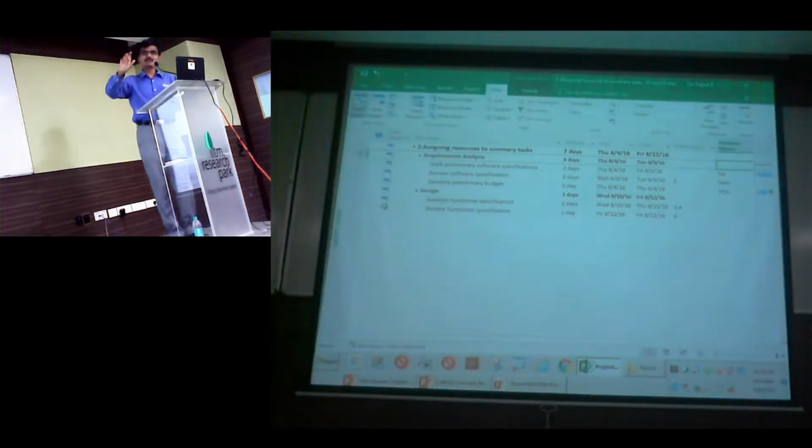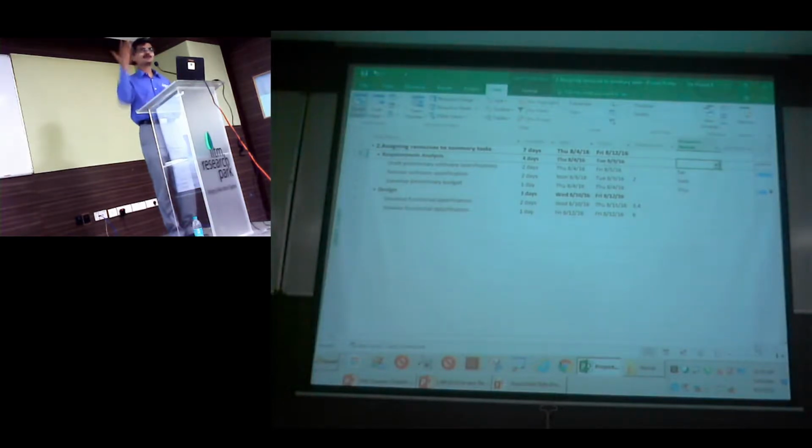But the problem here is when I have a resource at a summary level and even at a subtask level, that problem cannot be solved by you in Project without replacing that team member with another person. The reason is that as per Project, resource name talks about the person who is going to do the work. It does not talk about accountability. So some of you might be happy that you know this, but how do I factor in accountability now? We can make use of what we call custom fields.